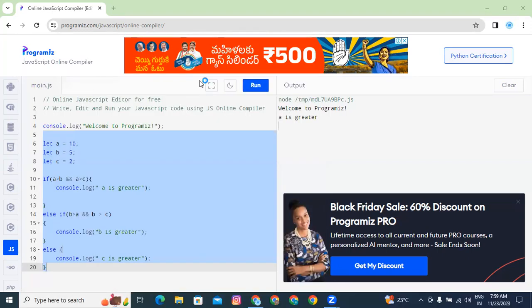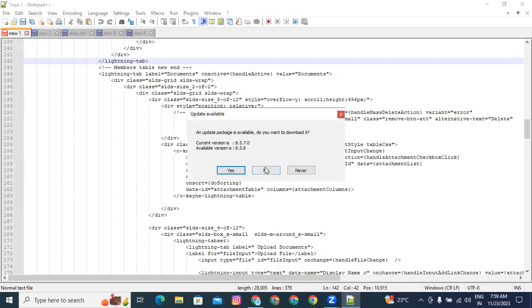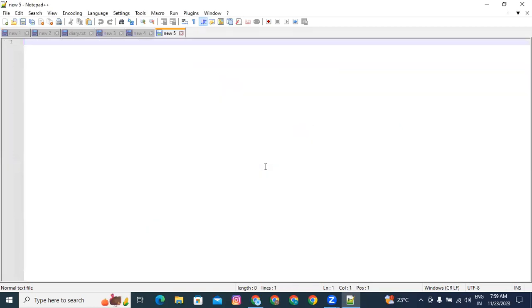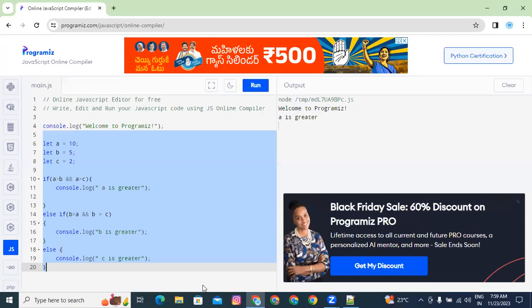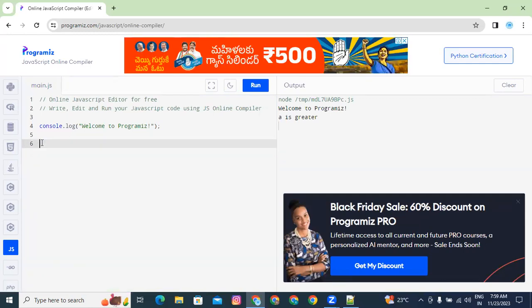What are positive numbers? Those which are greater than 0, right? What are negative numbers? Those which are less than 0. So again, we'll take this example and write conditional programming. Let my number be equal to